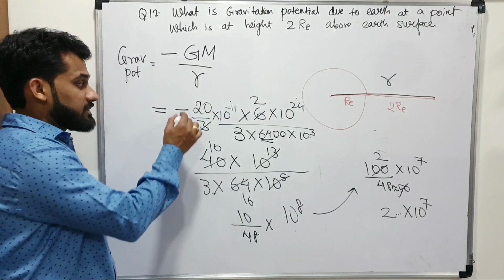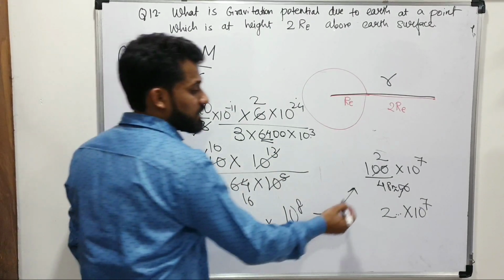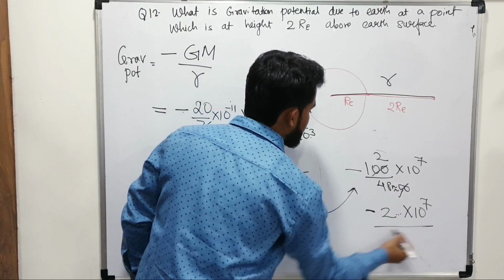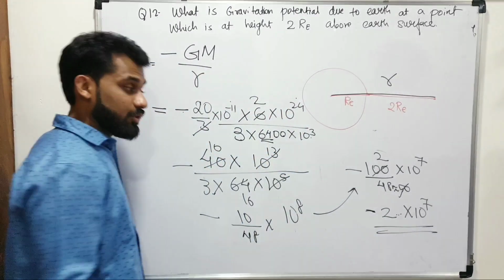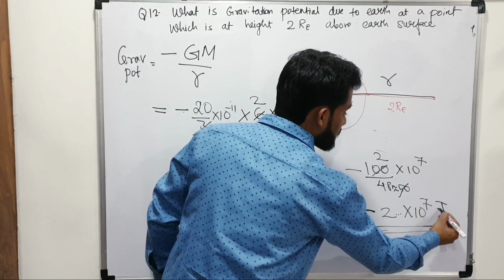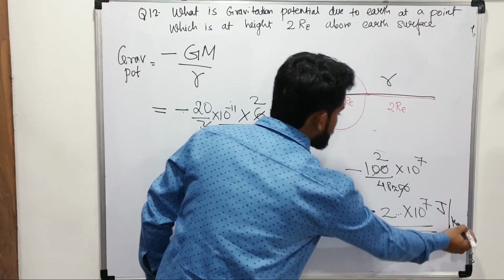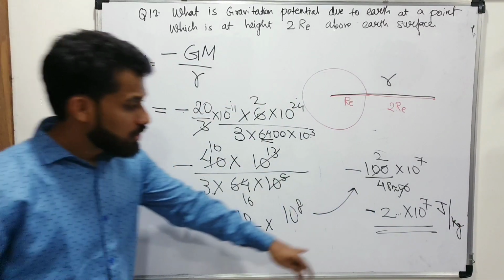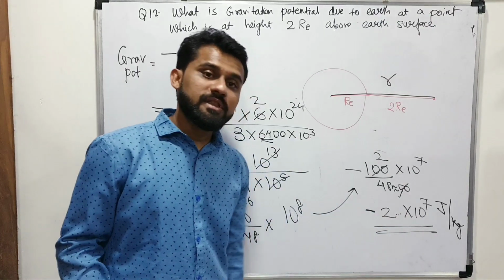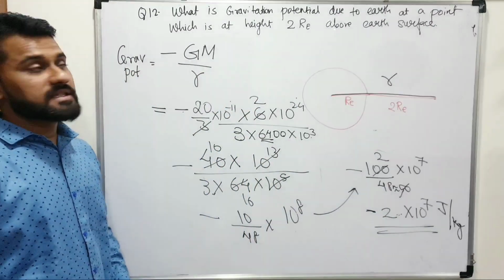See, there is a minus sign everywhere, so I will continue with that sign. So the potential is negative, and the unit of gravitational potential is work done per unit mass, joule per kg. So the answer is roughly minus 2 into 10 raised to 7 joule per kg. This is the answer for question number